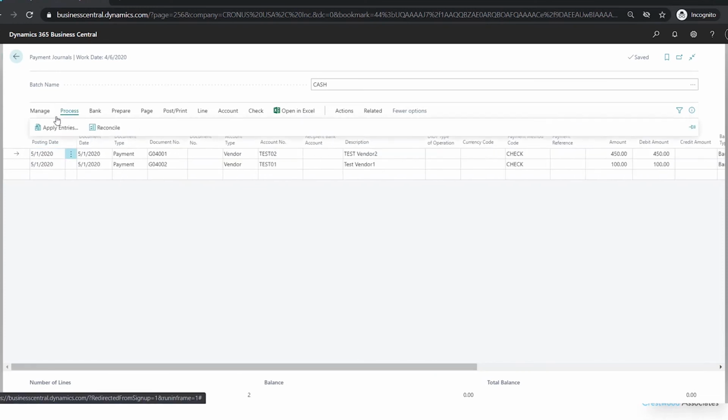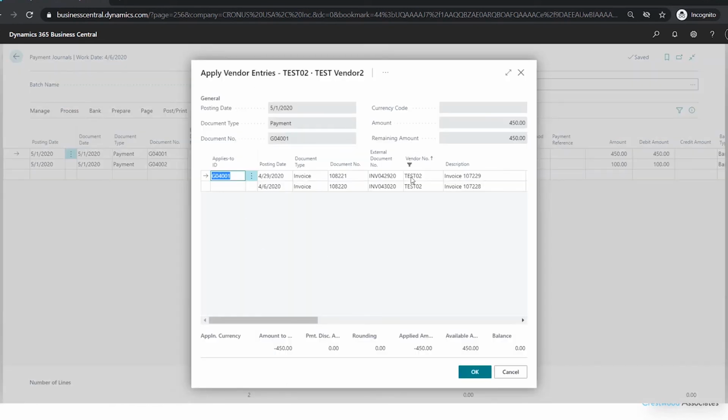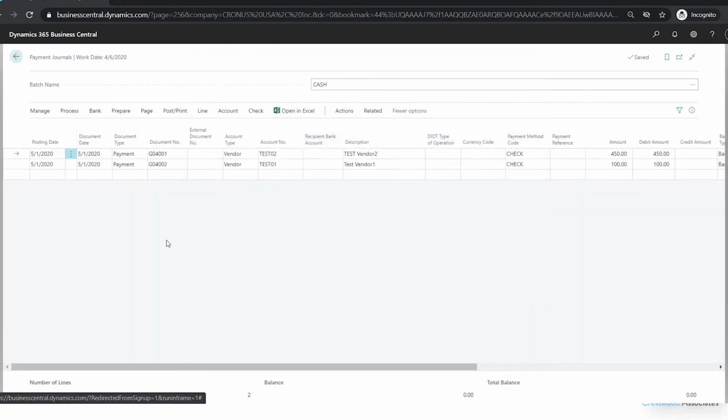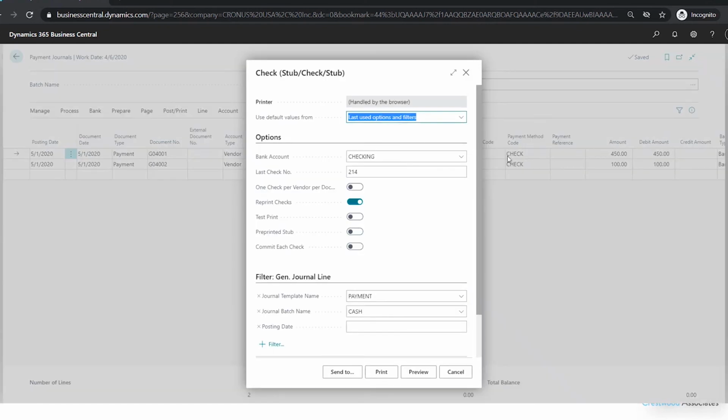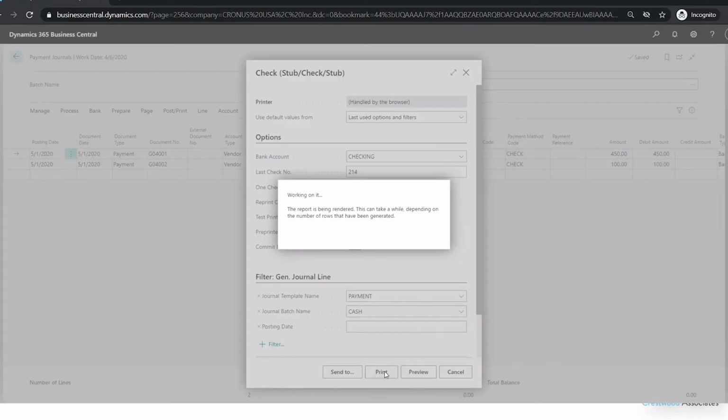I can still go to process, apply entries if I want to see the invoice number and just confirm which invoice it's paying. And then when I'm ready, I can either print my preview report, or I could just go straight to check, print checks. And I'll see that it updated my check number. My last check number was now 214. And then when I hit print,